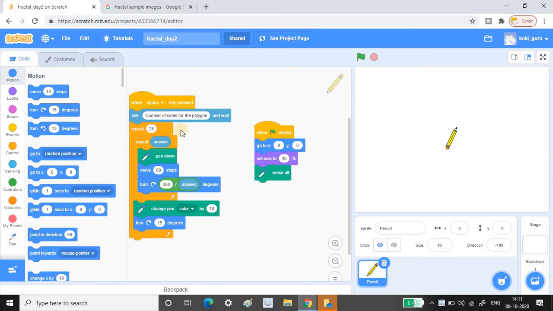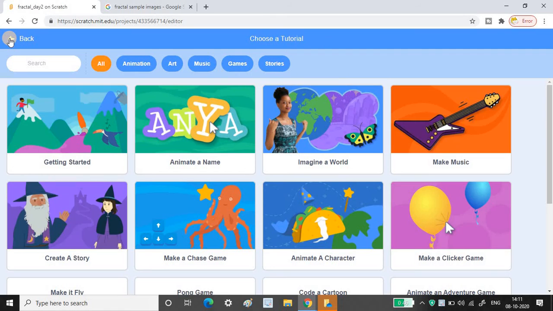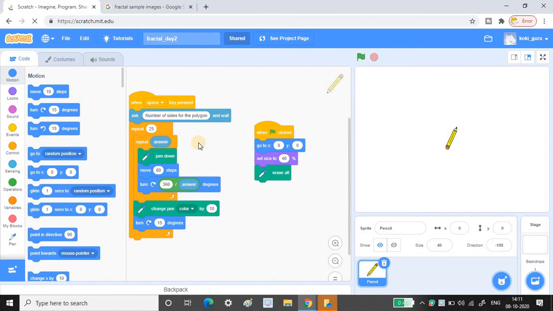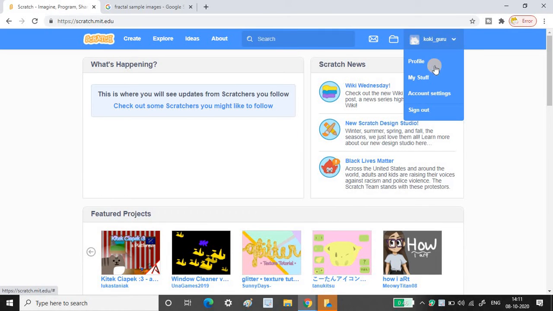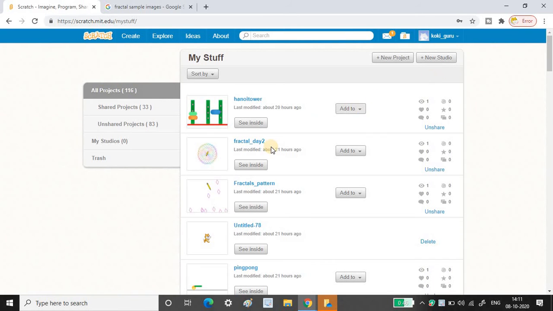Now see here, this is the polygon code. What I did is, I have taken the repeat and put 25. That's a random number, you can get it by trial and error. I also changed the color. Once it runs, it draws a polygon. For example, it draws some squares, or some triangles. Sorry, I'm going here and there. We can draw triangles, squares, rectangles, everything.